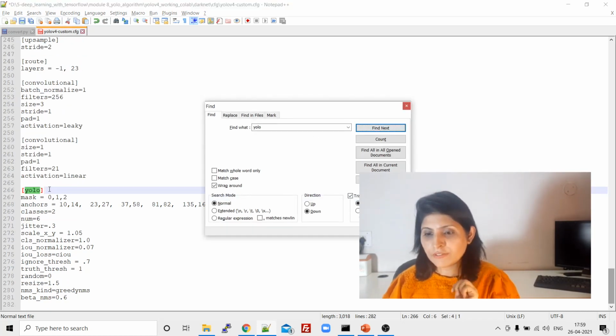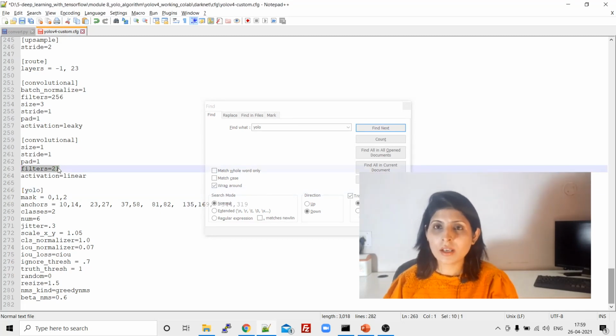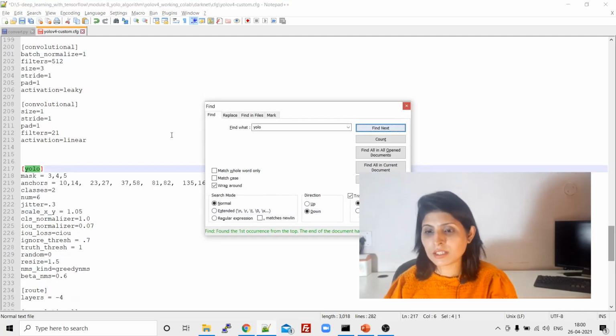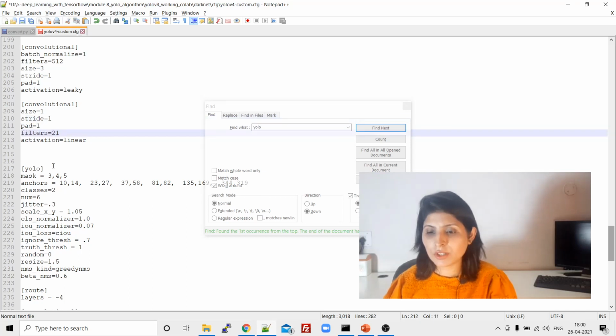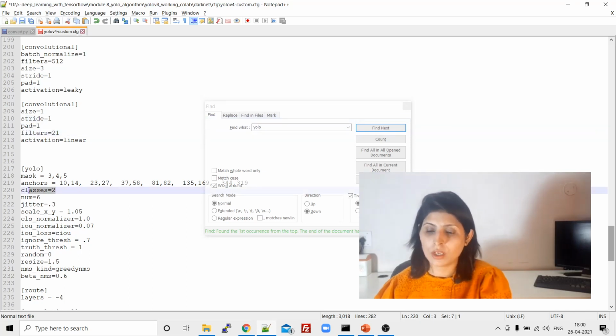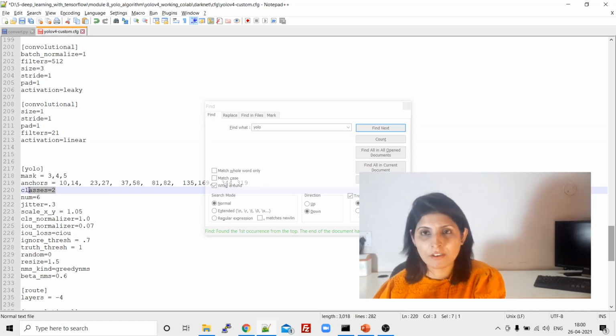When we find next, again you can see we have another filter over here. Change the value to 21 because 2 plus 5 is 7 and 7 into 3 is 21. And over here again change the classes. Find next. For the third layer also change the filters. Change the filter over here and change the classes over here. So these are the changes you have to make in your YOLO v4 custom.cfg file.